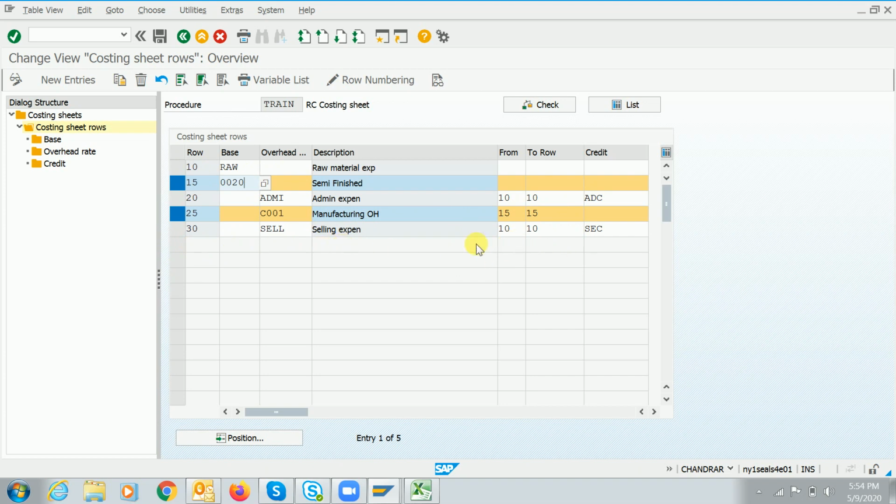If you maintain 15, the system will look into this line item. If you mistakenly maintain 30, the system will pick this also. It will add all these together and allocate to the 35, so you will get the wrong results. While defining the rows, you have to be a bit careful.